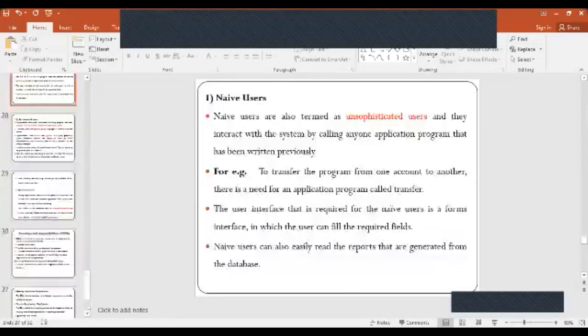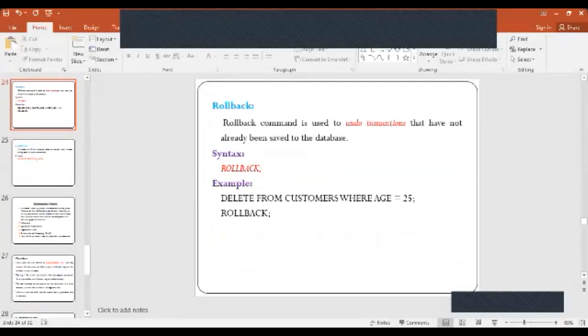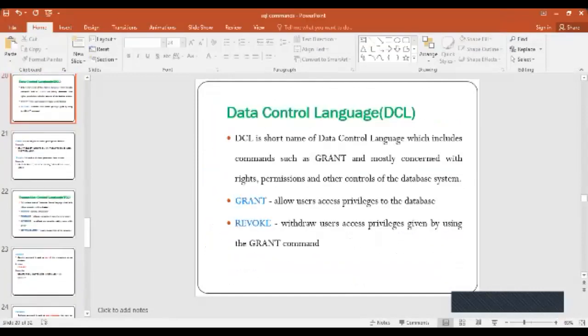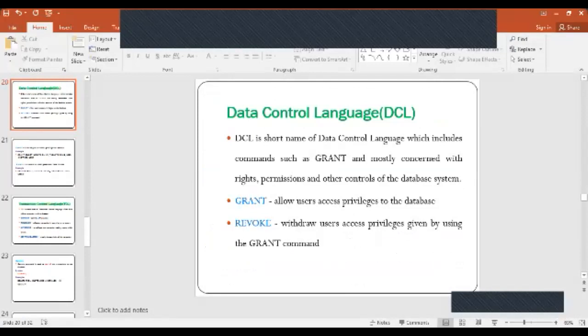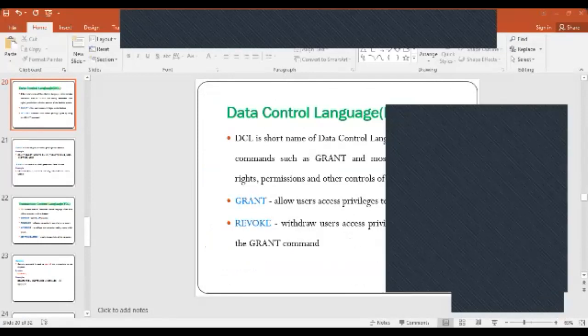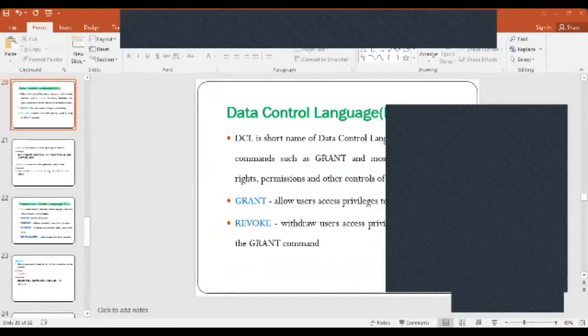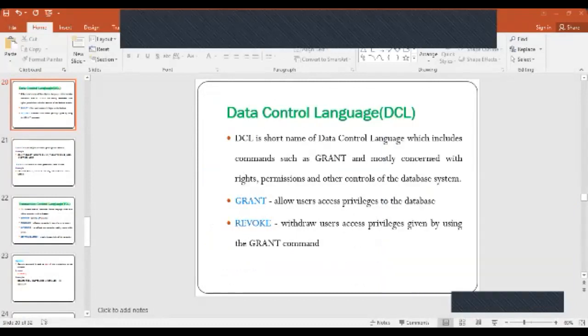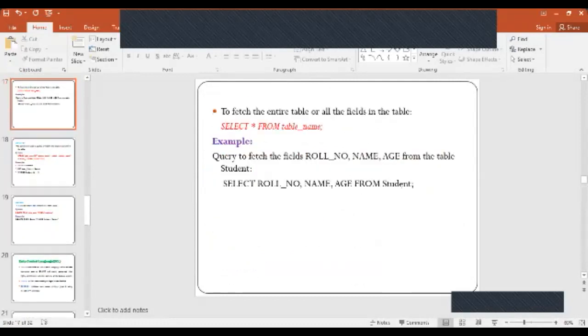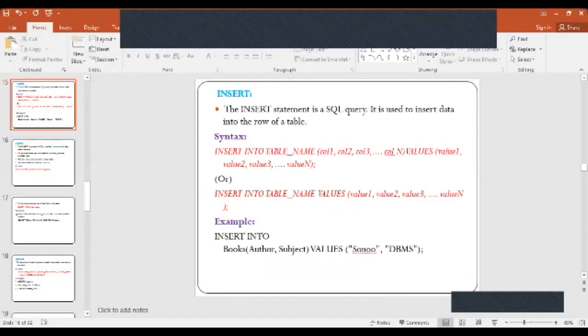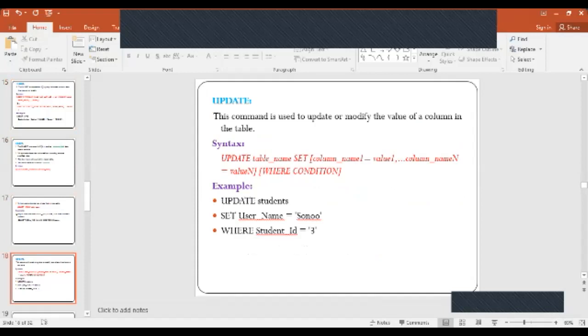So we have done with today's DML, DCL, and TCL. First we did insert, then select, delete, update.